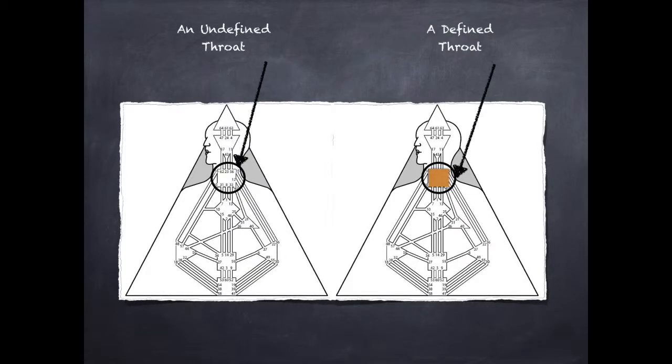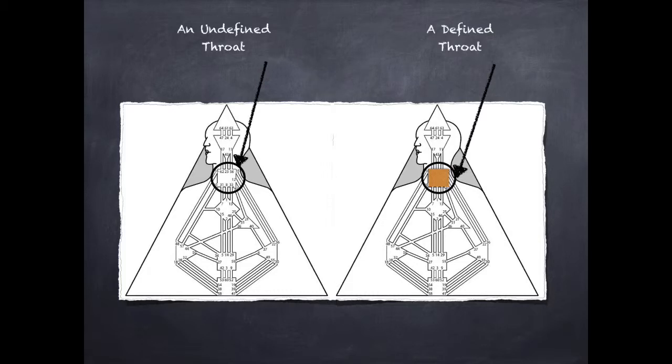In human design, whenever we talk about an open center or an undefined center, it means that the energy coming into that center is inconsistent or can change based on the people you're with. When something's defined, it means that the energy is more consistent. In the case of a defined throat center, it means that the way you speak and what you speak about can be dependent upon the gates or the channels that are linked to your throat. So for instance, if your throat is connected to your solar plexus or emotional center, then you could talk a